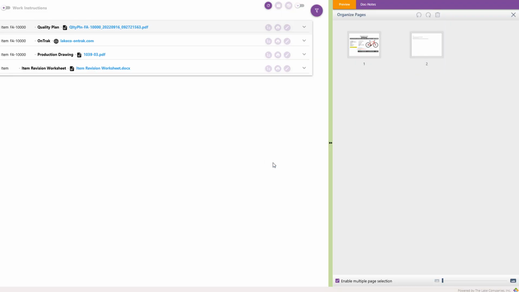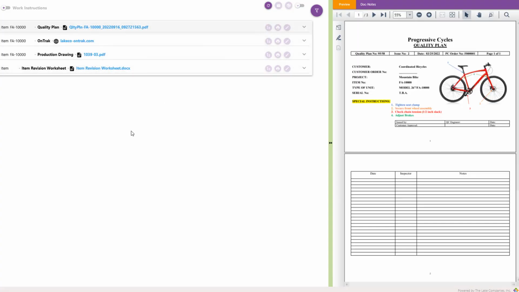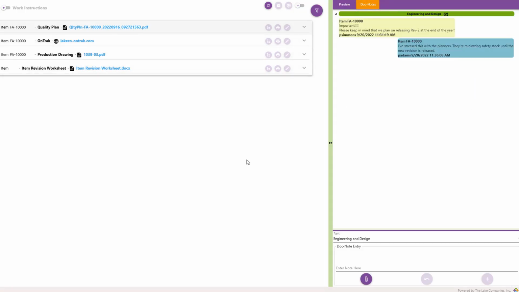Then if I want to see all pages again, I just refresh it. Above the previewer, you'll notice that this is a tabbed control. If you select this tab, the section changes to show doc notes associated with this record. We'll cover that a little later.